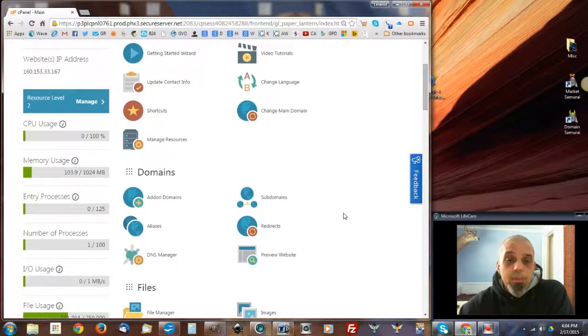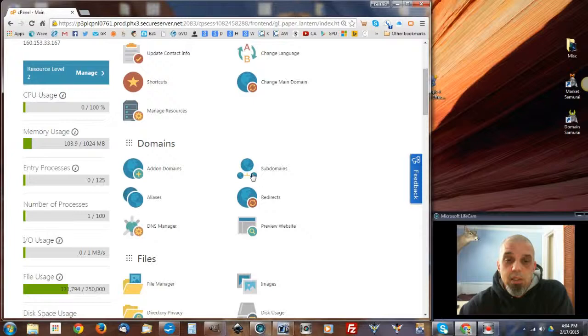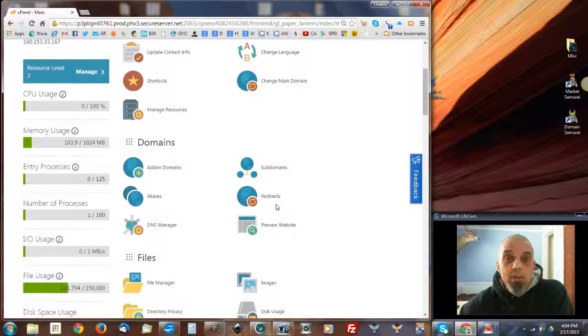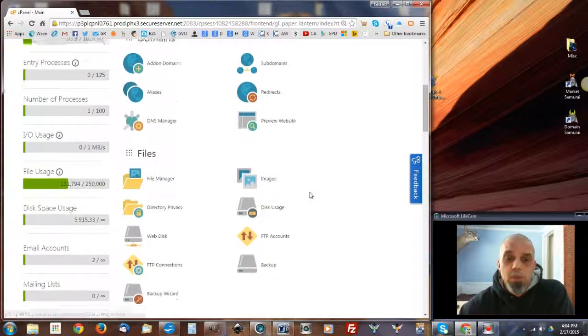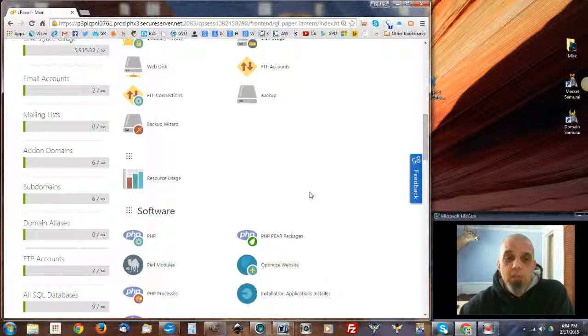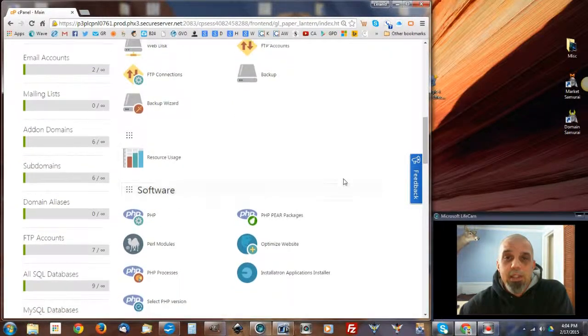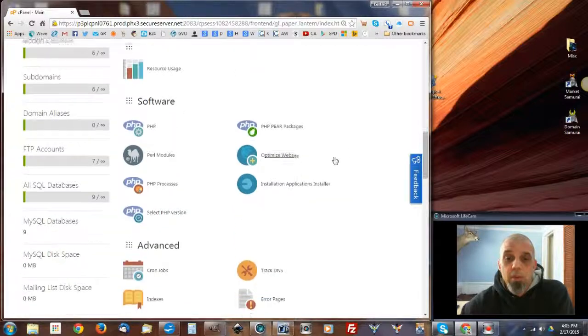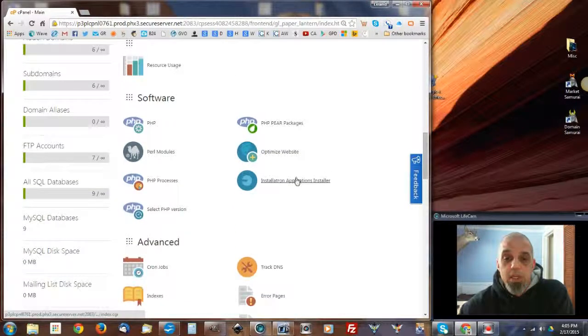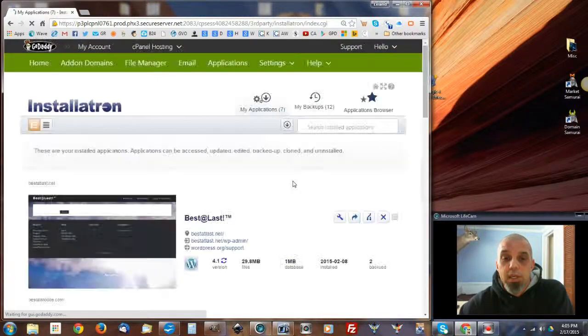But just going to scroll down here past the same old stuff you're used to seeing. The icons are obviously going to be different, but once you get the hang of it, it all comes pretty natural. You'll see it just like any other cPanel software. Other than the fact that they don't have Fantastico or Softaculous for one-button installs here at GoDaddy, they do have one of their own application installers called Installatron, which I've really gotten to like over the last week